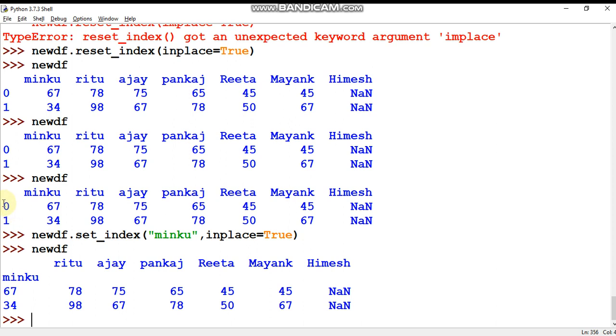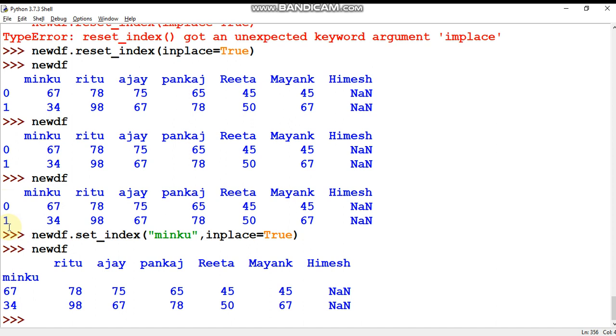What is this? So previously the index is 0 1. Now the row index you can see here, Miku 67 34, means what actually I did, I made this column as an index. So this is the use of set index function or set index method in Python pandas for data frame.